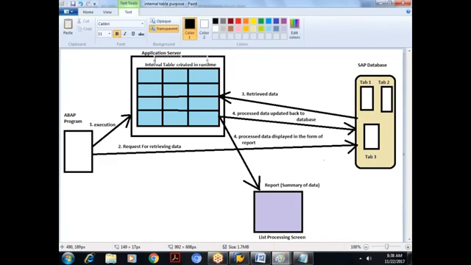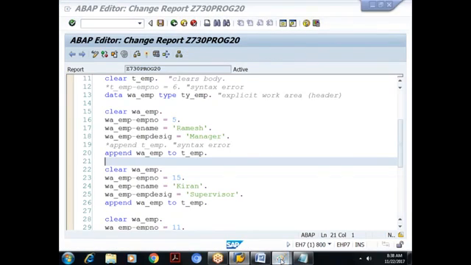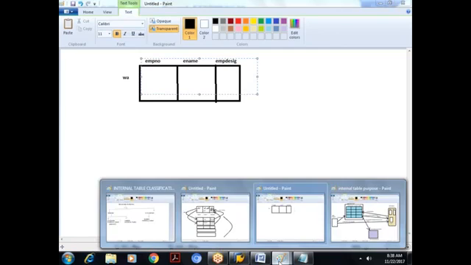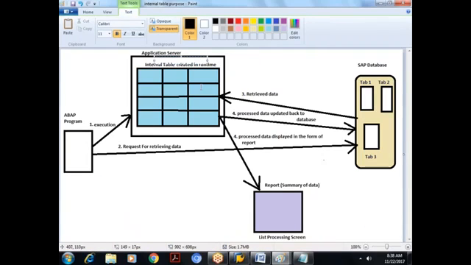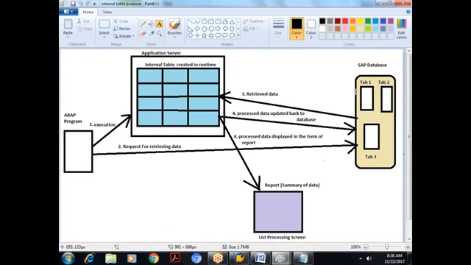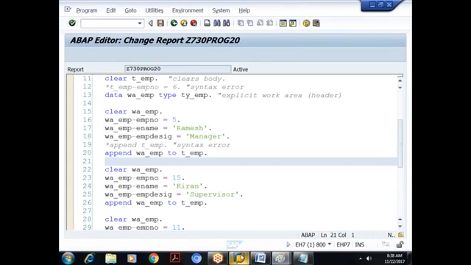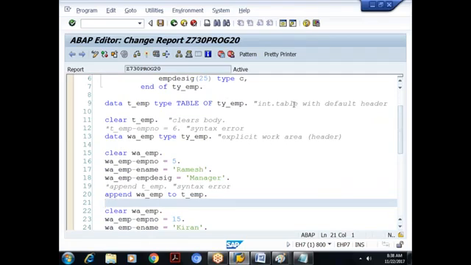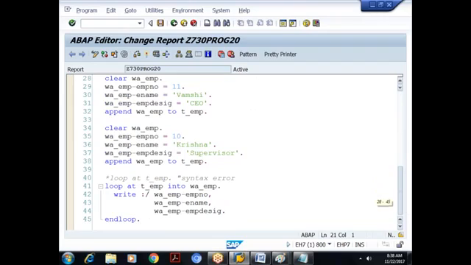Do I require a work area here? No. Understood? So, if I create with header, what happens? Unnecessarily memory will be allocated for the work area. I may not require it in some cases. This is one of the cases. Got it? So it has some dependency. I'll explain it elaborately when we go to our database programming. But make a habit to declare the internal tables without header. So since it is without header, you take a separate work area and then you have to process it. Done? Clear now? Okay.